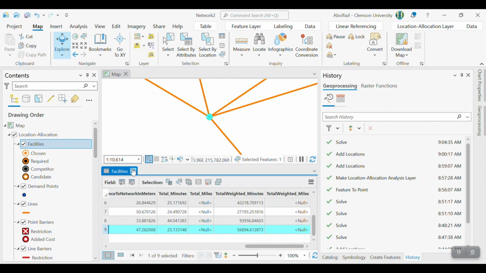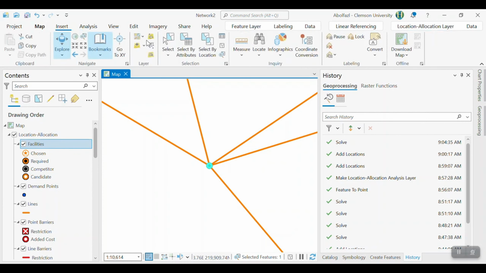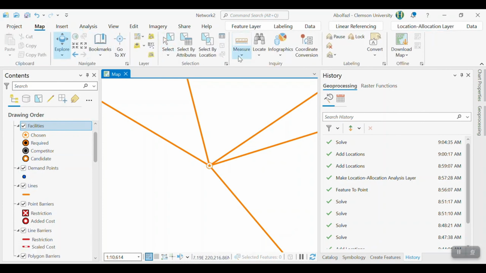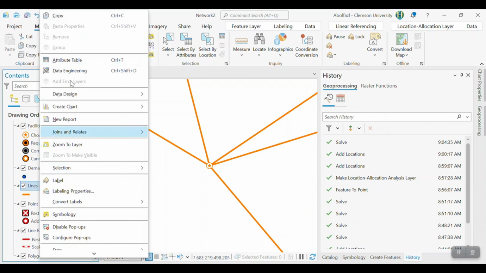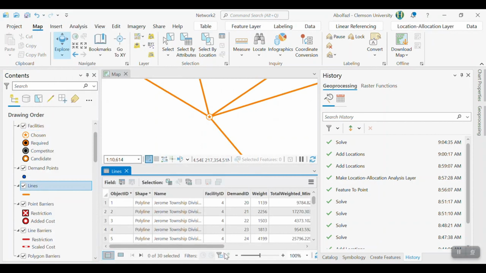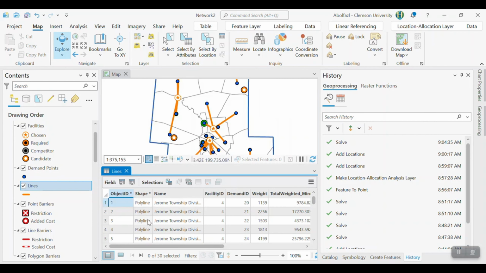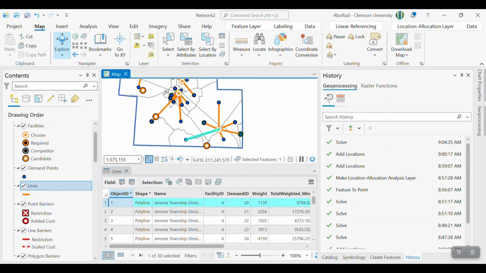So if you close this and then unselect all of the selected, let's look at the lines, right? If I open up the attribute table of the lines, we had 30 block groups for the demands, right? So first of all, for example, for this block group number 1, so this one, you can see